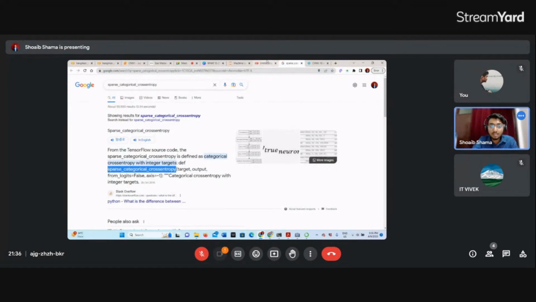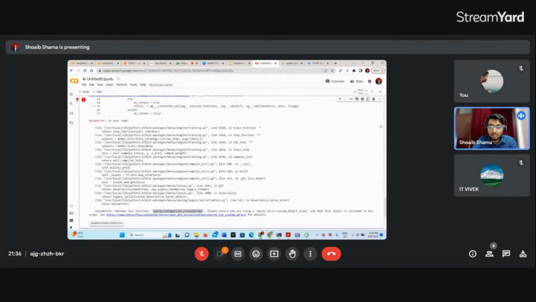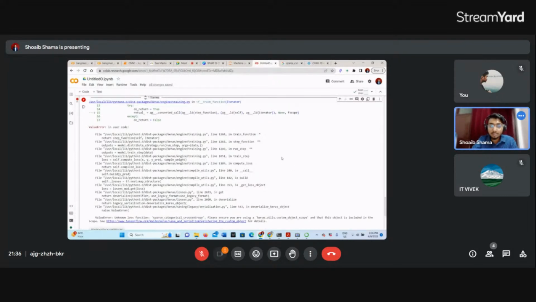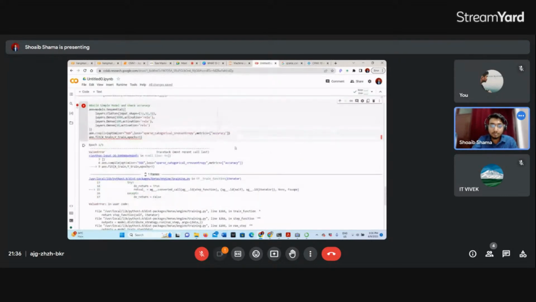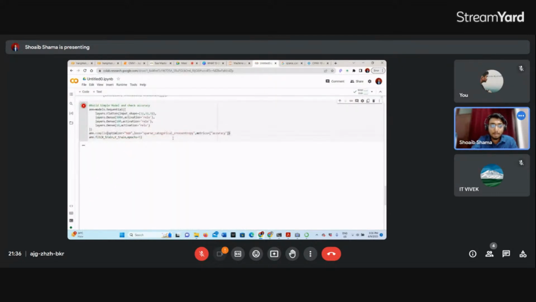Control C and Control V. Yes, the spelling was not correct. So let us now see how it's coming.